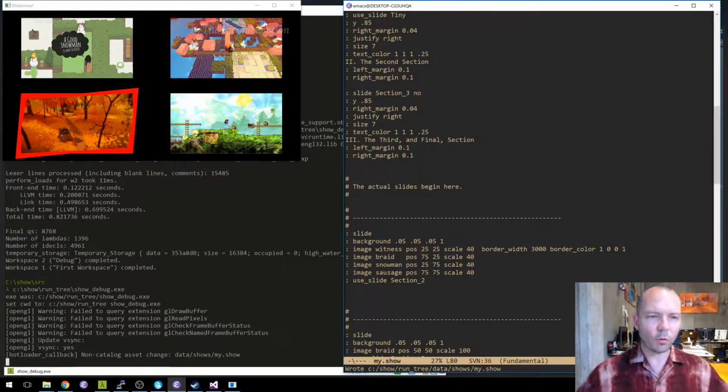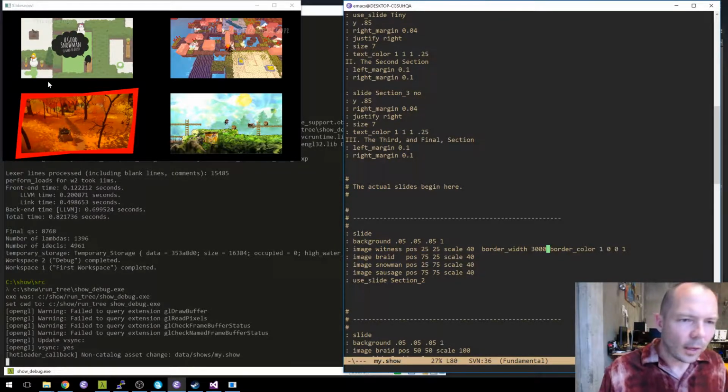Okay, so first of all, we're not multiplying the border width by the screen height, so that's a mistake. And second, it looks like the triangle is kind of bending down.